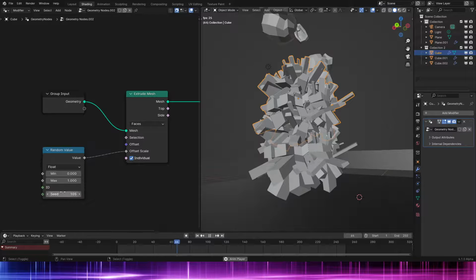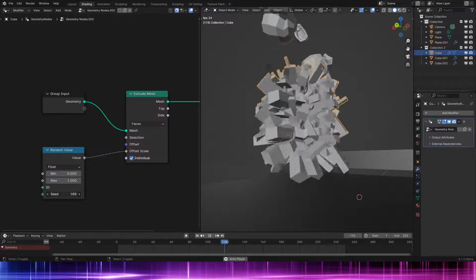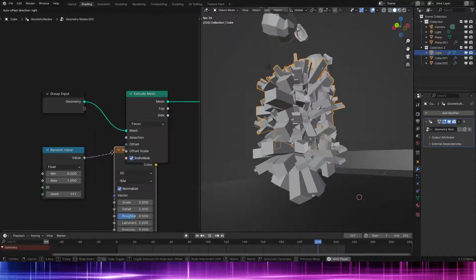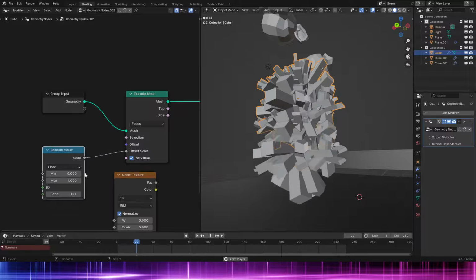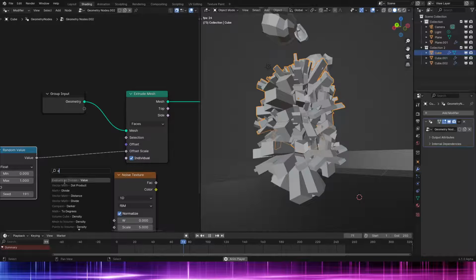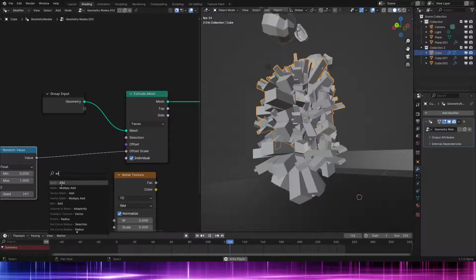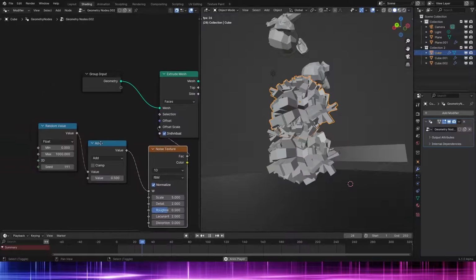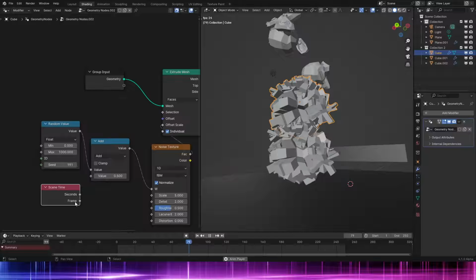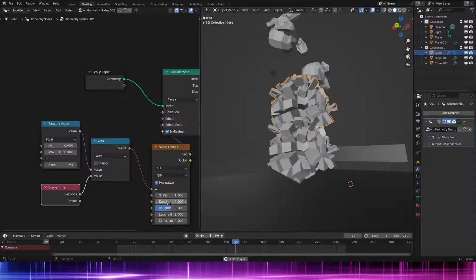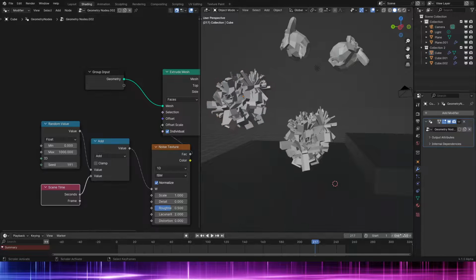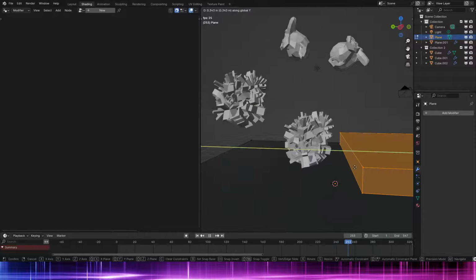Yeah, there we go. Here, let's have a noise texture, set it to 1D. Then we just add to the... sorry. Okay, so the goal for this is that, here, let's have scene time, seconds. Yeah, there we go. So that we can have, and let's just keep this going, an object where